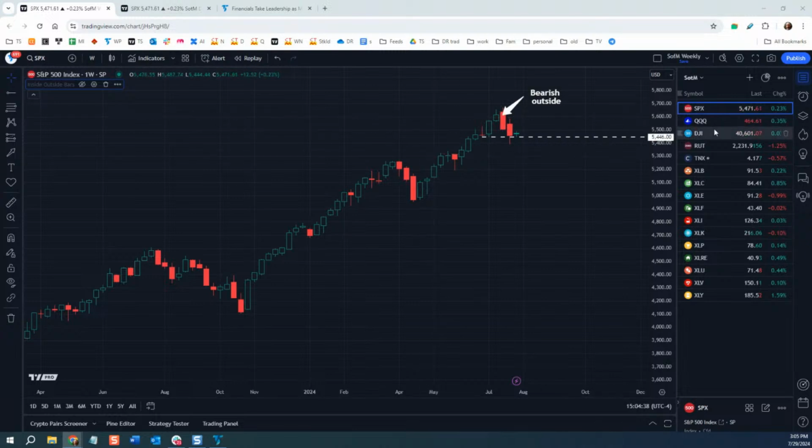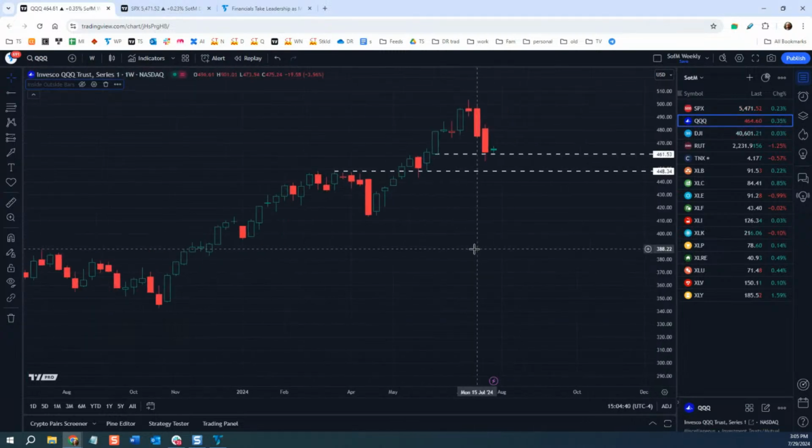Now, we look at the Qs, which is the NASDAQ. This is the only one I'm going to use the ETF on, instead of the index, just because I don't think people look at the NDX as much as they look at the Qs. Again, it's very similar, of course. What's interesting here is we have this level right around the same spot from mid-June, 461, which is pretty important. And again, it's trying to form an inside week here. I think this is just really the key thing.